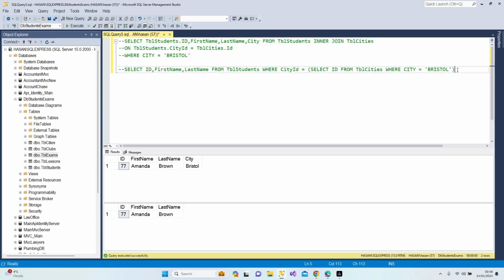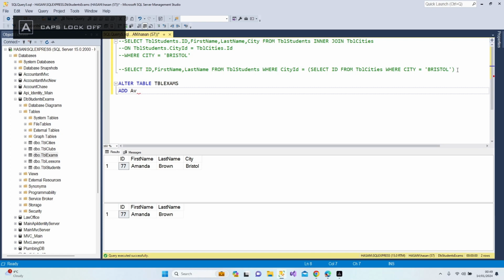Now I'm going to add some data and some columns to our current project to use in our future lessons. You can consider the rest of the lesson as practice of what we learned in previous lessons. All right. First of all, I'm going to add two columns to our exam table. Let's use alter table tbl exam, add